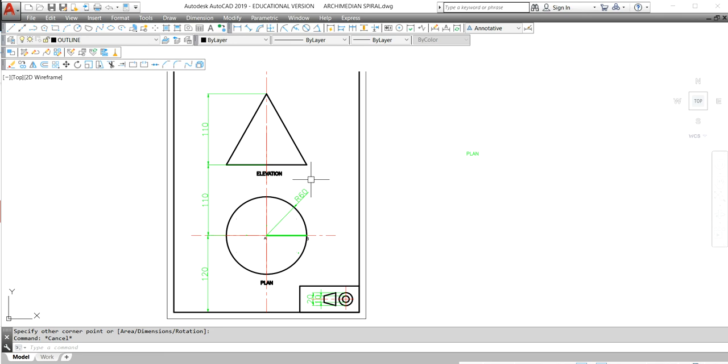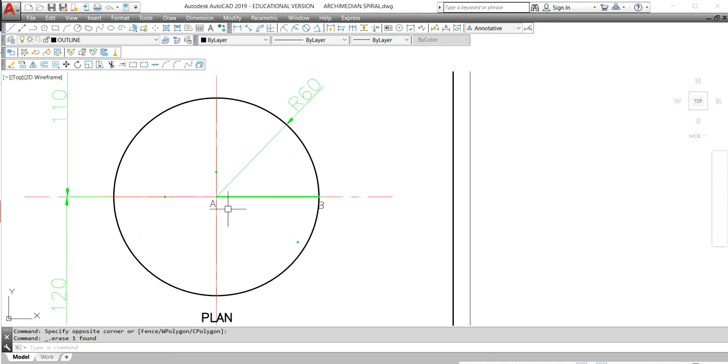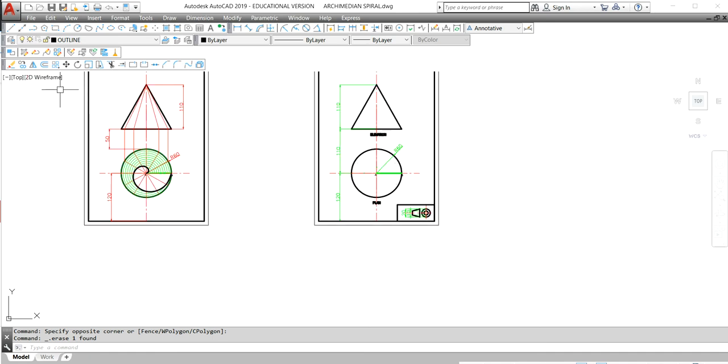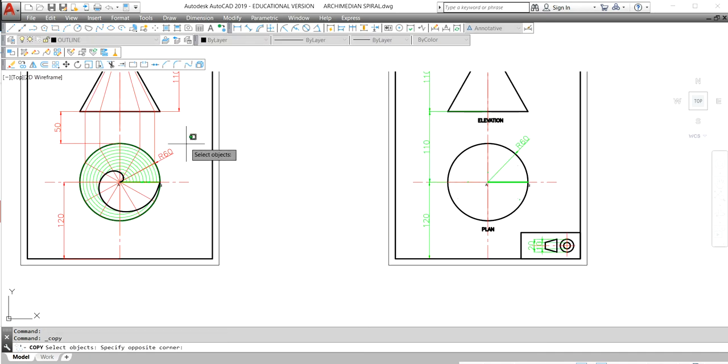Basically, what I want to do is I'm going to do an Archimedean spiral in the plan. We're going to do one turn, so a straightforward question, and the point is going to travel from A till B. So as I said in the previous lesson, since we have one revolution from A till B, we have to divide it into 12. So basically, because I prepared this in advance,